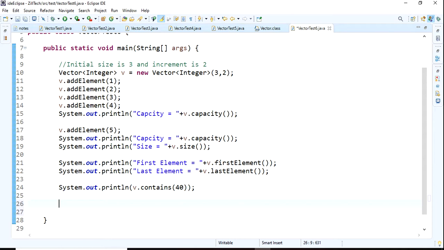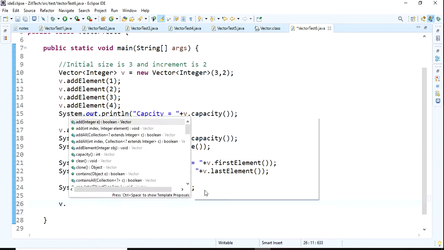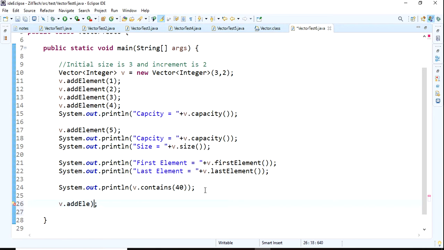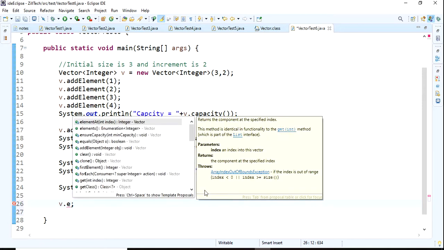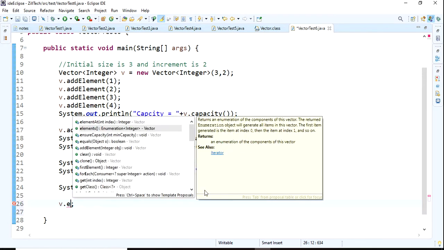For vector we can apply three cursors. The three cursors that are there in collections, all three cursors you can apply for vector. Already we have seen iterator and list iterator, and now I am showing enumeration. To convert our elements to a cursor enumeration, we have one method called v dot elements. V dot, our object reference, v dot elements. See, that is an enumeration. It returns an enumeration of the components in the vector.